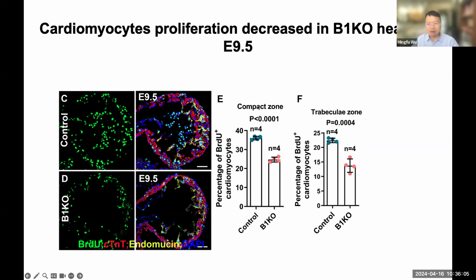And we also examined cardiomyocyte proliferation between the control and knockout. Here we can see at E9.5, based on the BrdU pulse labeling, in both the compact zone and the trabecular zone, the cardiomyocytes in the knockout proliferate at a smaller rate compared to the control. So it looks like proliferation might be a factor that contributes to the trabeculation defect in the knockout. However, we think probably this is not the case because